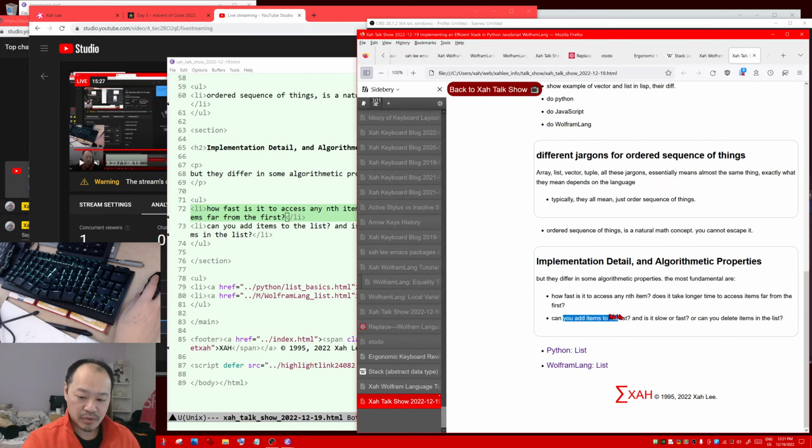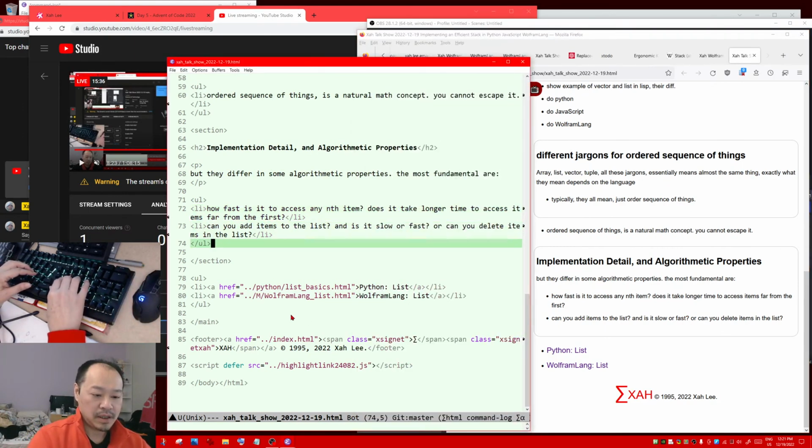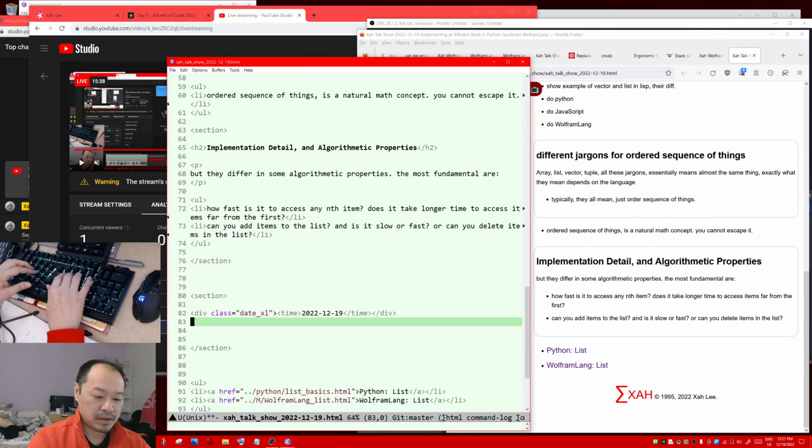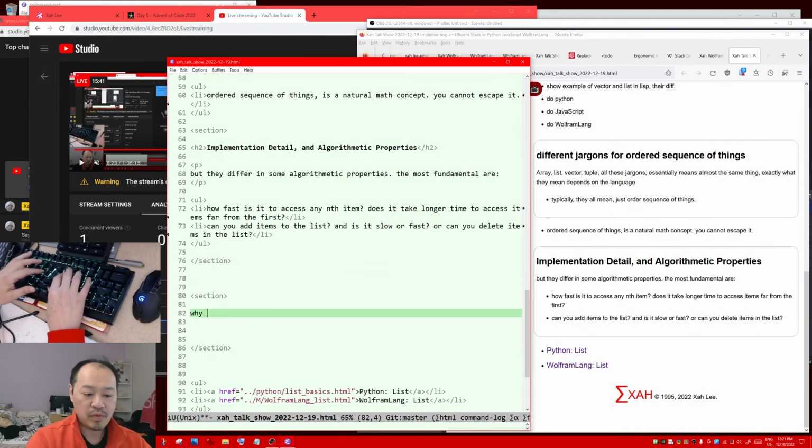And the other question is, can you add items to the list? And is it slow or fast? That's the two most fundamental differences. Okay, and let's add another topic. Why do these differences exist? Okay,